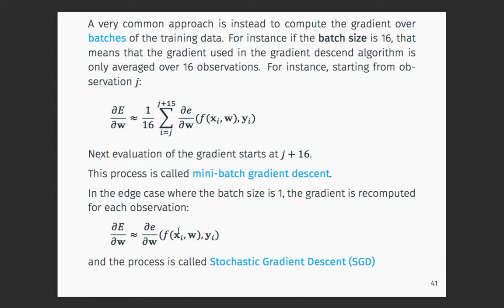The size of your mini batch is quite an important parameter you have to play with, but usually try to keep it quite small. You don't want to take hundreds of thousands of your samples. You just take a few of your samples. The extreme case is a mini batch of size 1. What that means is that every time an observation comes in, you compute the gradient for it, and you just say the gradient for it is probably the same as the gradient for the entire loss function. Now that's totally wrong, of course, but still, you go for that, and you update your weights accordingly. Every time you have a new observation, you look at the update given by that observation, and you just update your model. Now this is called stochastic gradient descent,